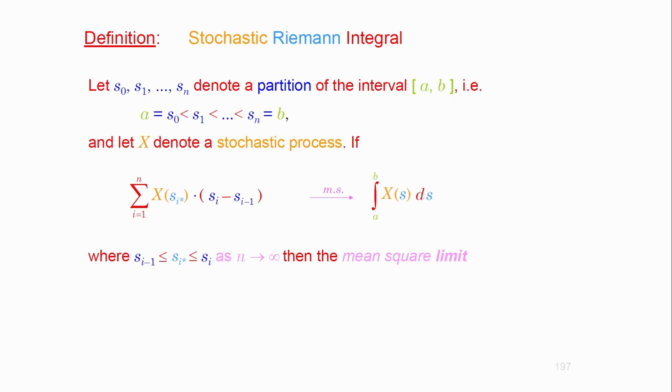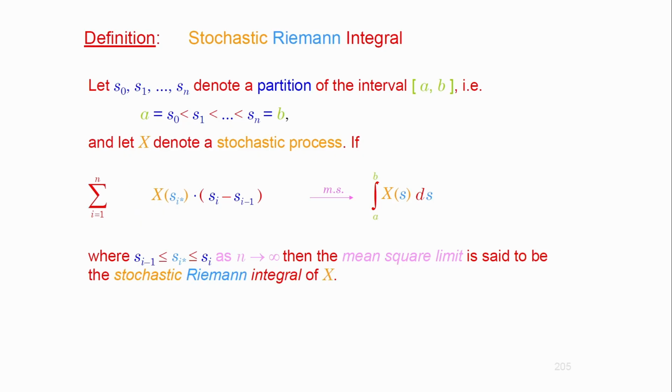Now keep in mind this is just a symbolic notation, because it needs to be finite, of course, and we're going to look at existence today, which we haven't done before. So when does this integral exist? The mean square limit is the integral, and that is supposed to be the stochastic Riemann version of the integral. We were talking about that already, I think in lecture 5 or 6. Now I'm going to look at the extended version, which I haven't covered. You can also call it the general version if you want to, because I was only talking about that one.